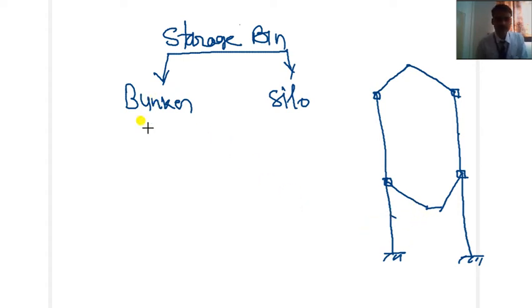And how do we differentiate the bunker and silo? First of all, a few terminologies are important here. If we draw a horizontal line here, that is the main chamber, that is the surcharge portion, and that is the hopper portion. If we store any material freely, the material will be stored in a sloping pattern. That is called surcharge. The angle of that slope with the horizontal is called the angle of surcharge and is denoted by beta. Another important angle here is the angle of repose.